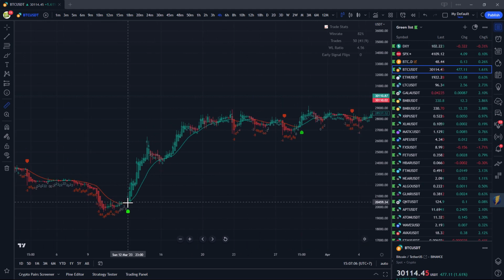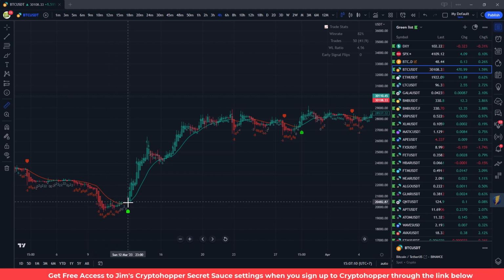Alright, so just above the green line, trend changes to an uptrend. We've got 8 on the numbers there, which means it's more bullish. You get positive 8 to negative 8. Positive 8 is the most bullish, and negative 8 is the most bearish. Alright, so above the green line,